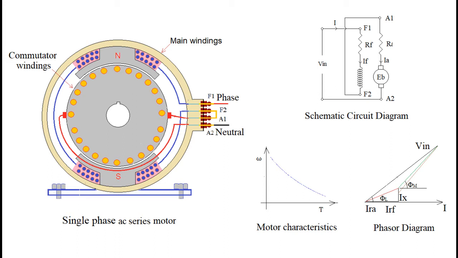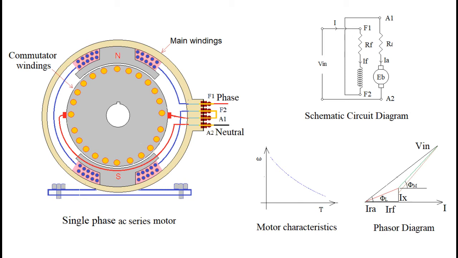Now let us consider the back EMF that is produced due to the speed of the rotor. This EMF is not necessarily in exact opposition to the applied voltage but may have some angle other than 180 degrees. Note that in the schematic diagram, the current pulsating through all elements of the motor is the same since these are connected in series. Voltage drop across resistive elements must be in phase with current.